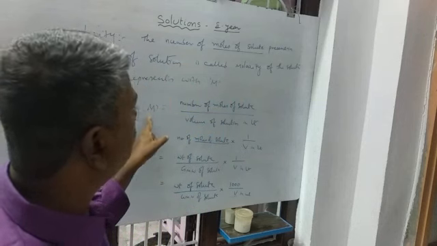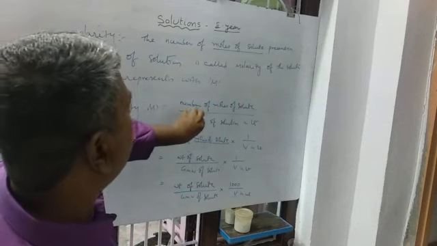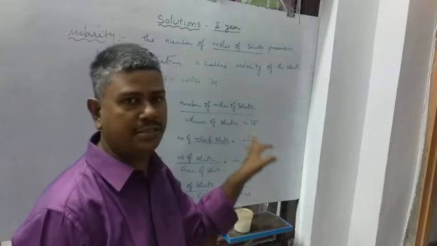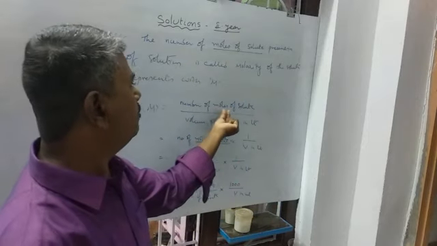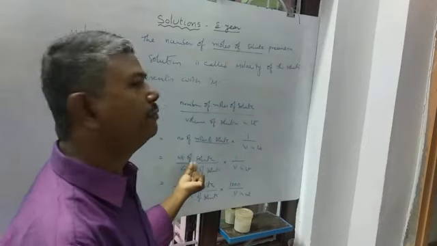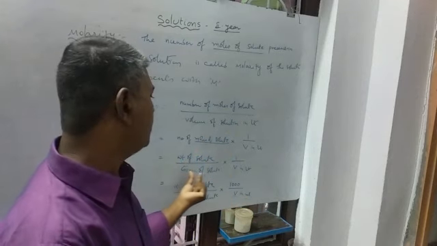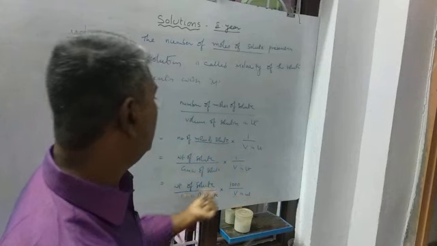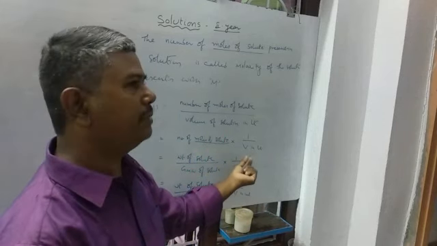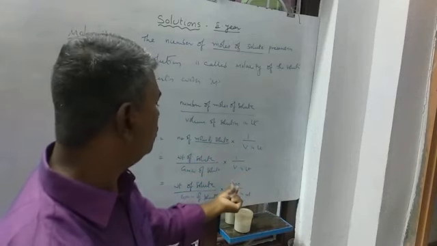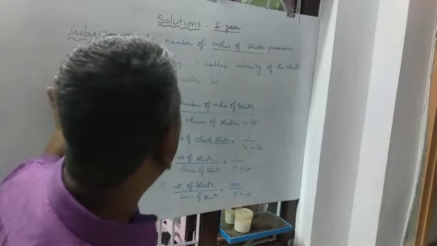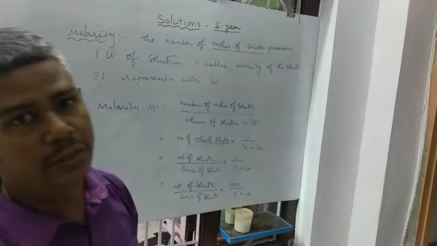So molarity M equal to, what is the formula here? The ratio of the number of moles of the solute to the volume of the solution in liters. So here the number of moles can be calculated as weight of the solute by gram molecular weight of the solute, into 1 by V in liters; and if it is given in milliliters, then 1000 by V in milliliters. Okay, so that is the molarity of the solution. Clear?